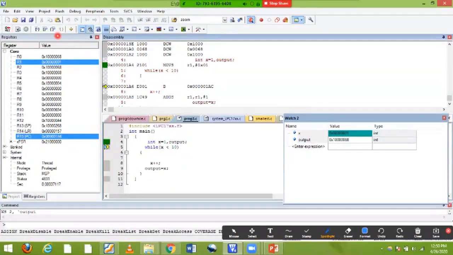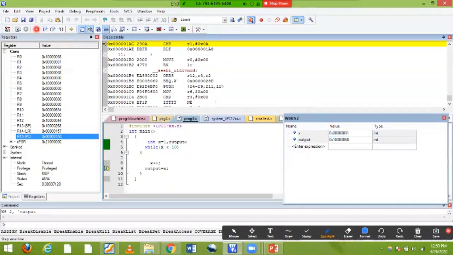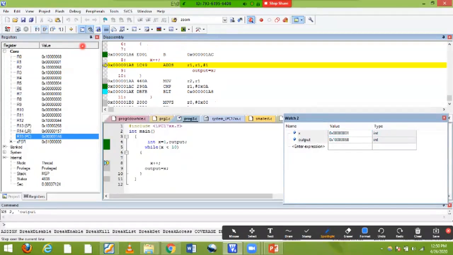Okay. Now it is next x less than compare operation. So automatically it will come to compare. You can see that. Next it will go to output, it will be stored. See the instruction what it's coming, R1, R2 comma R1, and compare instruction, BLT instruction, everything it is same as the previous for loop assembly language.